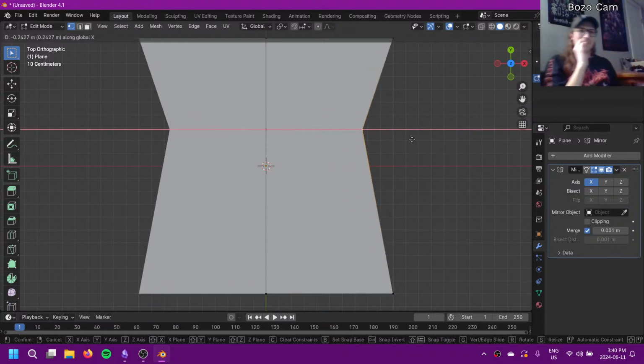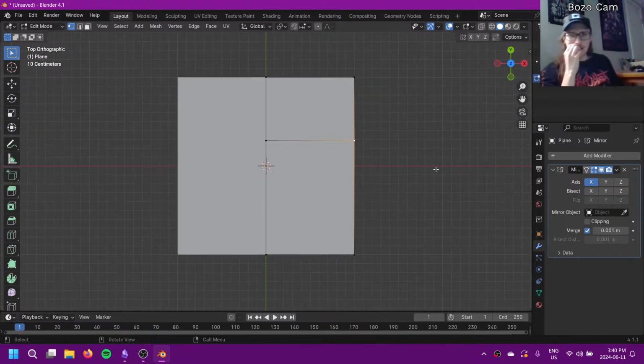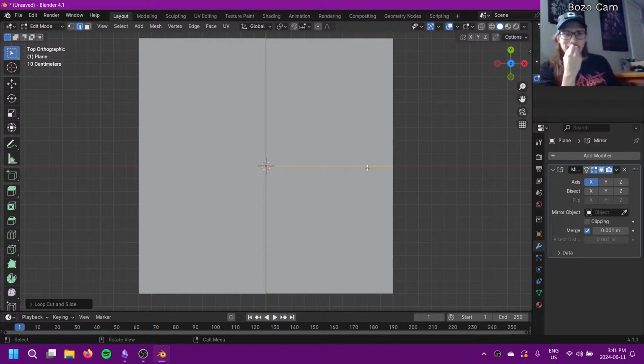All right, we're getting somewhere. I do want to do that loop cut though. I need to learn how to do that better. So it's grab the edge, right? And then you do Control R. And then